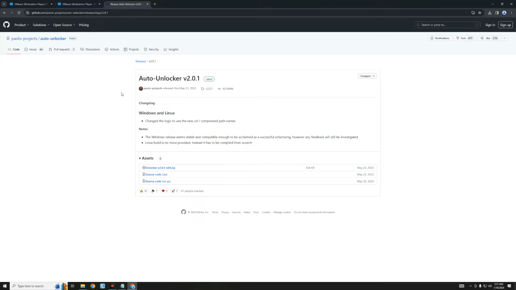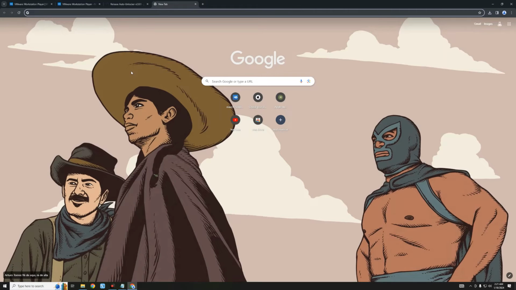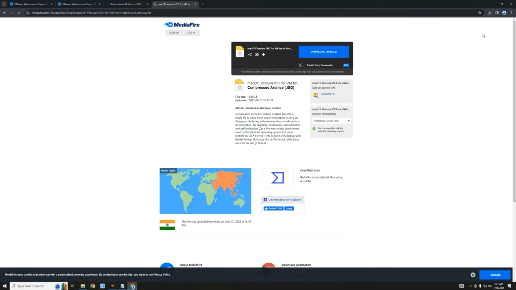Next we have to download the macOS Ventura ISO file, which we are going to use for the installation. I'll provide this link in the video description so you can download it yourself. The file size is about 14.6 gigabytes, so you know what to expect. I already have this file downloaded and I would recommend you use an internet download manager if your speed is not that stable. Now after downloading everything, we can close our browser